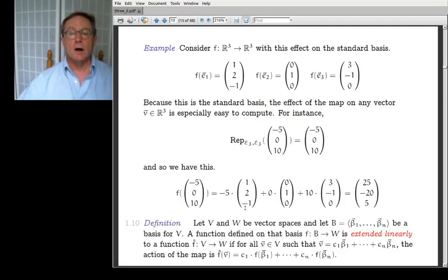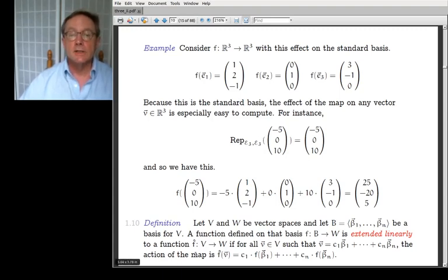This idea of figuring out where f sends an arbitrary thing by taking the -5, the 0, and the 10, and multiplying it by the three vectors that we saw in the top line, has a terminology for that we'll be using. So v and w are vector spaces, b is a basis for v. A function defined on that basis. So if you tell me where f sends e1, where f sends e2, where f sends e3, a function defined on that basis